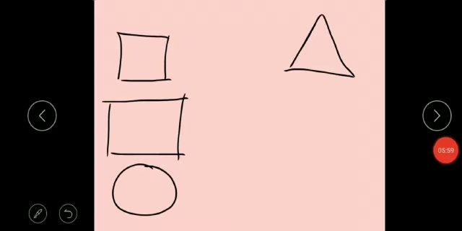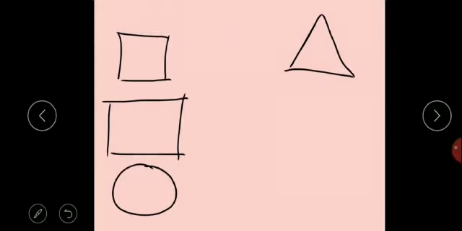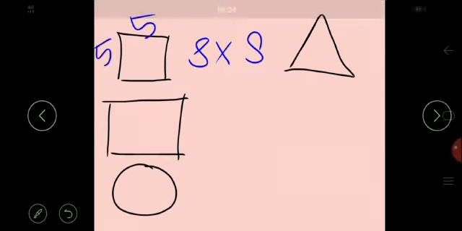So these were actually the most common shapes we have learned in our lower classes, basically the square, the rectangle, the circle and the triangle. And we have also gone through their areas. So when we need to calculate the space covered by a square, we just need to multiply side multiplied by side, because we know that all the sides of a square are equal. If one side is 5 centimeters, the other will also be 5, the other will also be 5, and so 5. So all the sides of a square are going to be the same. So to calculate the area of a square, we just need to multiply side multiplied by side.